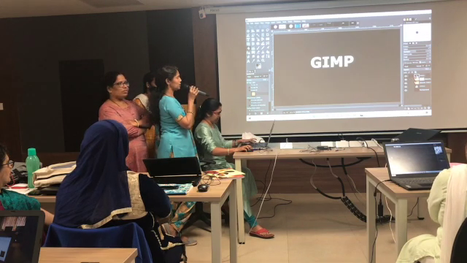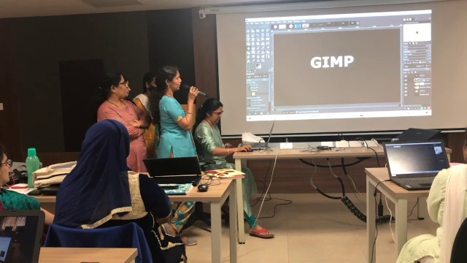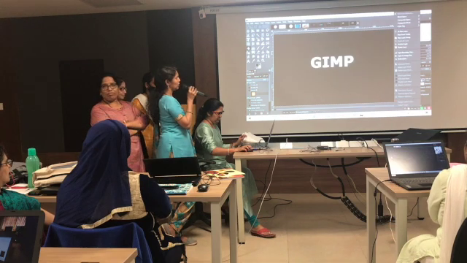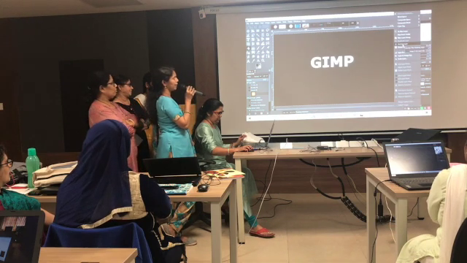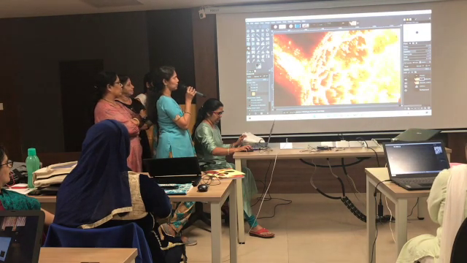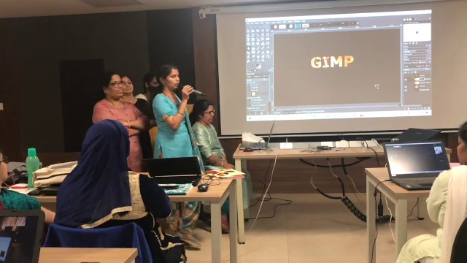Then copy the mask and paste on the new layer which you have created. Now you will get a floating layer, right click on it and then anchor that layer. Then you have to hide your mask. So this will be our output.